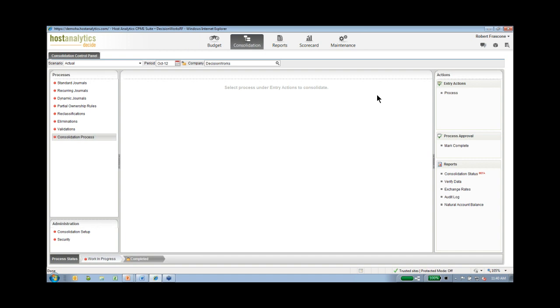So let's talk about a few other things. So number one, within Host Analytics, you run a consolidation while other users are logged into the system. Some old versions of other vendor software did not work that way. That's something that we can definitely do. Number two, you can run the consolidation process anytime, multiple times. And again, the other users can be logged in the system while you do that. So from a customer perspective,